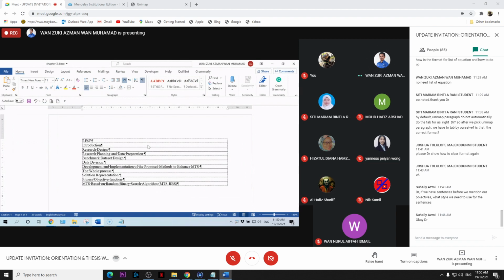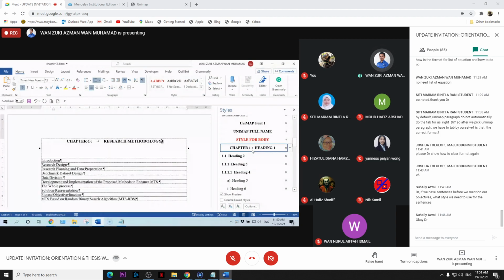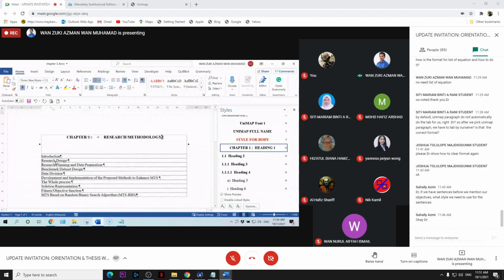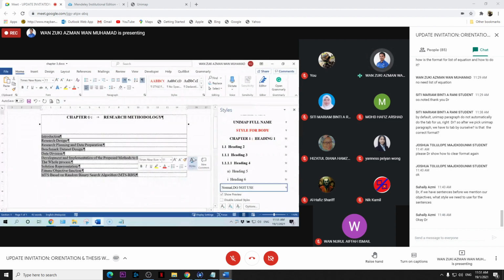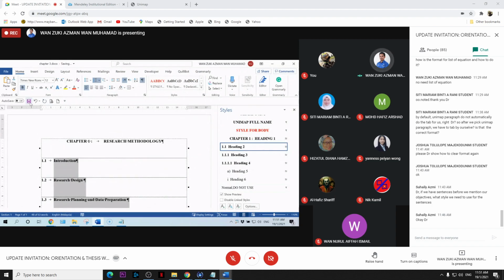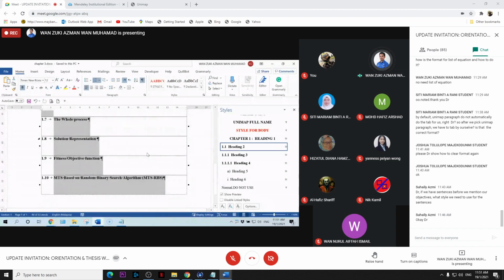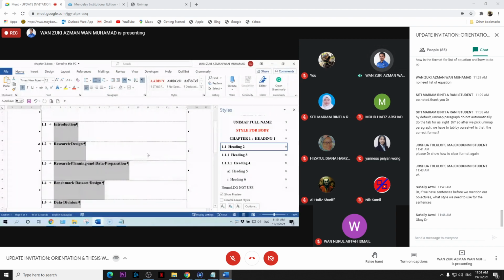Research methodology. Open the style pane, and your job is only to apply heading 1, and the rest I just use heading 2. So I finish formatting the headings for my chapter 1, chapter 2, and chapter 3.